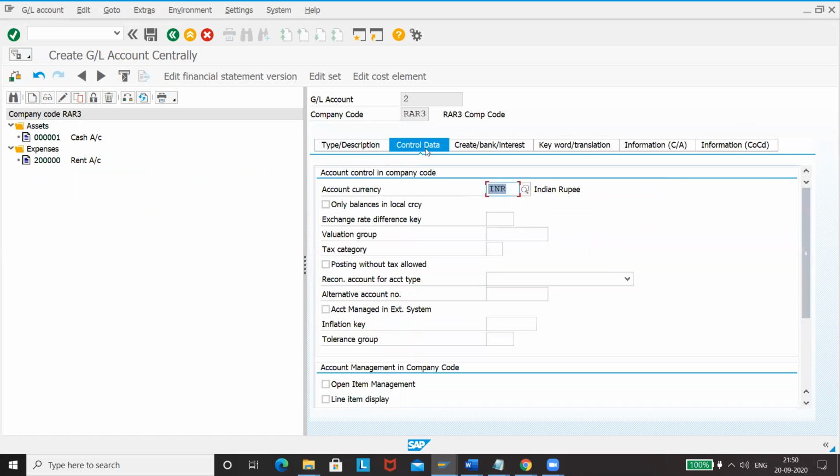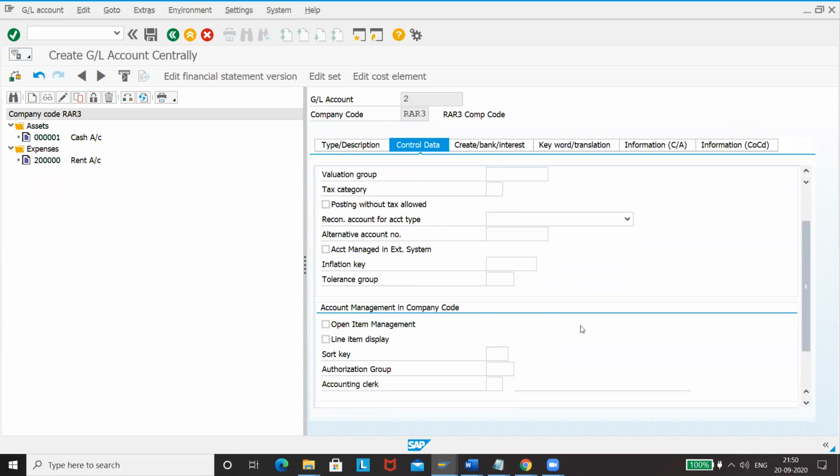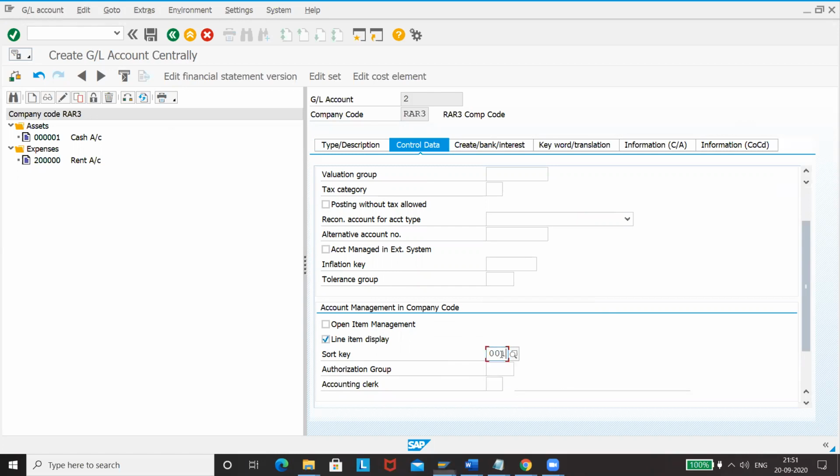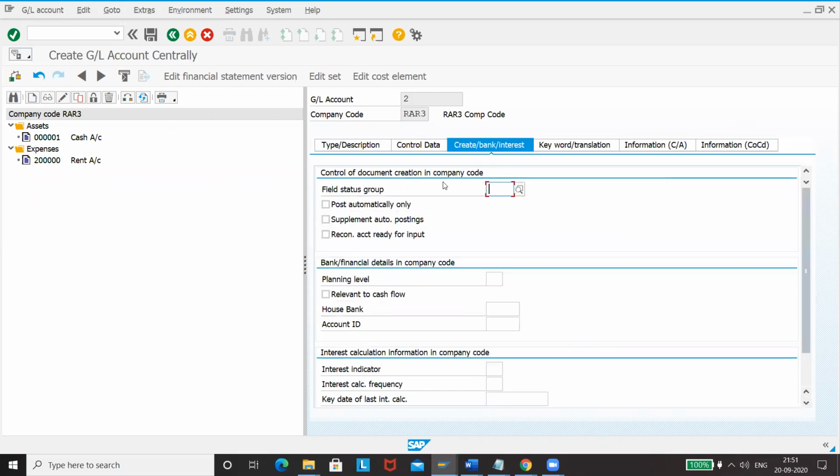Go to control data. In control data, we don't need to maintain all these things. Just line item display, sort key 001, and field status group.